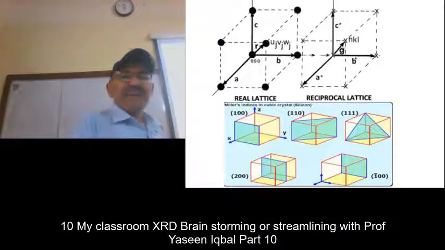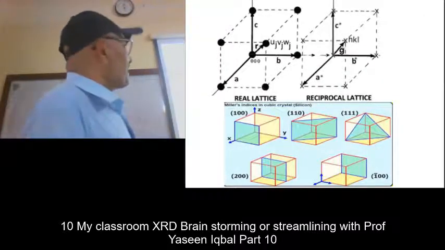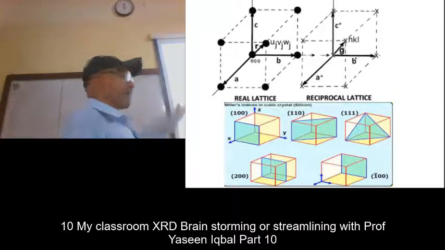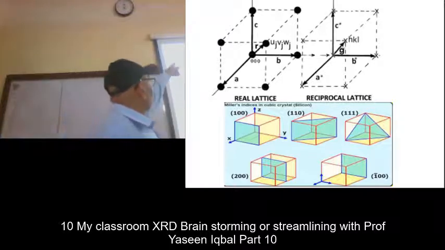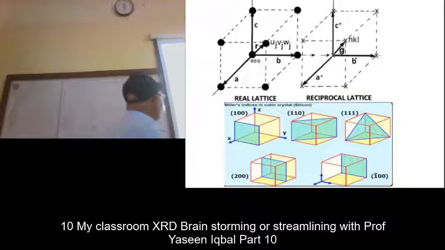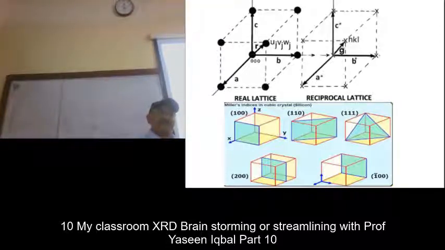I am just giving you a view of how we compare the real and reciprocal lattice. Here, the vectors are bigger, longer, there are shorter. This is the 100 plane. Look into this. Students usually get confused about which plane is which, and there will be a number of questions from this in the exam as well. There will not be these, there will be some complicated ones. But look into this, right? 100